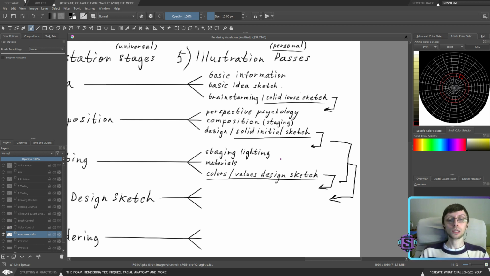Again, you will work on the light sources placement, understanding where exactly those light sources are placed, and of course how strong those light sources are. With materials, again, you will determine all subjects in your scene, figure out the materials for those subjects, and hopefully I will create a certain graph with materials, understand how many materials I'm using for each subject, and then break down those materials into categories, simplify them, and start to work on the materials.